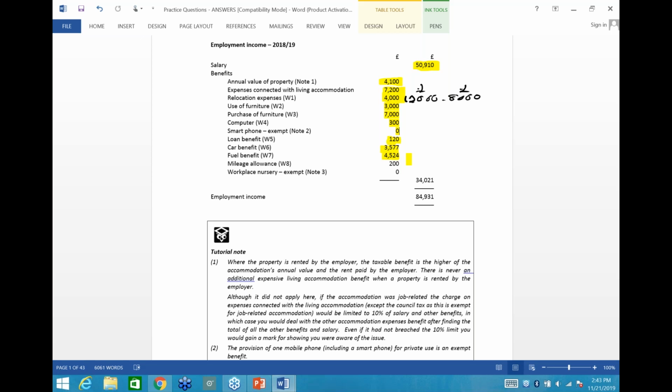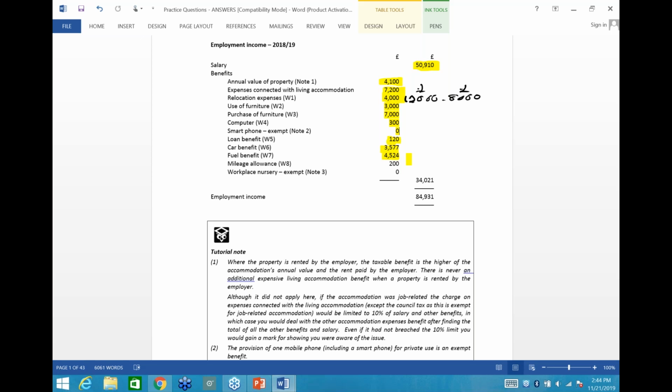Now, her mileage from 6th of April 2018 to 5th of December 2018 was 20,000, of which 13,000 was on business. Then adjustment number 5, it says from 6th of December 2018, Rita traveled 11,000 miles for business purposes in the car that she had purchased from the company. The company reimbursed her 45 pence for each business mile. Now there you have to be really careful. Now from 6th of April 2018 to 5th of December,